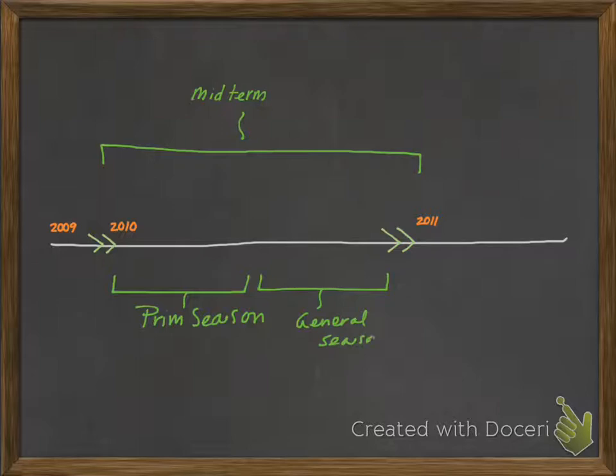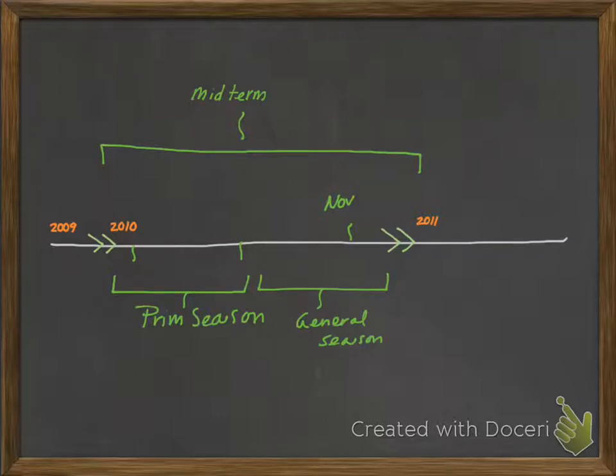Just as with the presidential election, the primary season for a midterm election is going to start in January and roughly end in June. You also have the election in November. You don't have the big national conventions like we talked about earlier on the other part of the timeline, because you don't have a president elected. The conventions only apply to presidential candidates. You don't have the same thing with members of Congress.